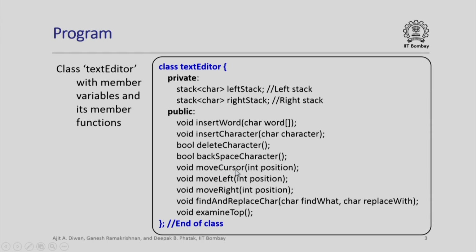We will move the cursor in a bulk number of places given a particular position. Please note that the cursor will be at a current position, we will be required to move it at the indicated position. Since this is a bulk movement of the cursor, we will be implementing it using two simpler functions, move left and move right. The find and replace char is that special function that we had discussed in the last session, and we will see how this particular function implements. First, find what, and second, replace with. So, these are the two characters which are given as parameters to this function.